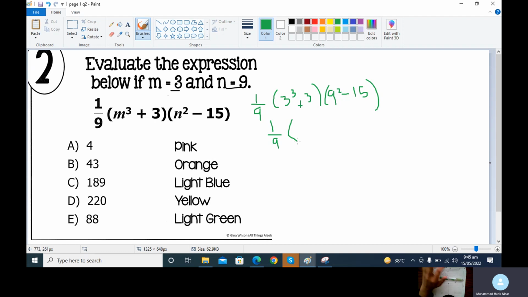Yes, I directly solved it. Can you do it? Yes. 3 cube means 3 multiplied by 3 multiplied by 3. 3 multiplied by 3 is 9. 9 multiplied by 3 is 27. Isn't it? Plus 3. Then 9 square means 81, 9 multiplied by 9. 81 minus 15. And 1 by 9. 27 plus 3, that is 30. 81 minus 15 will equal to